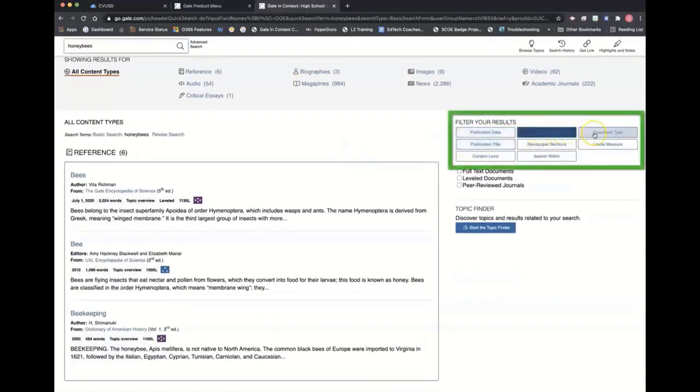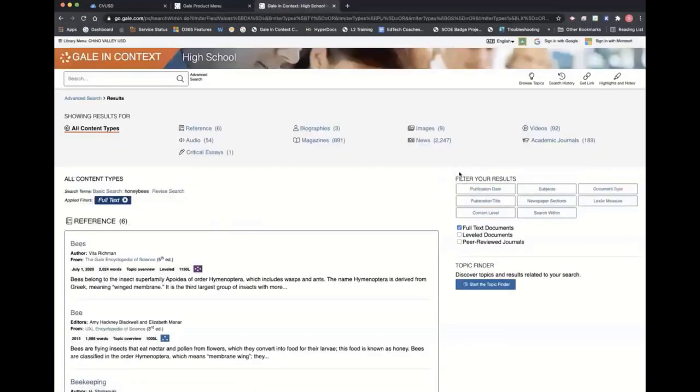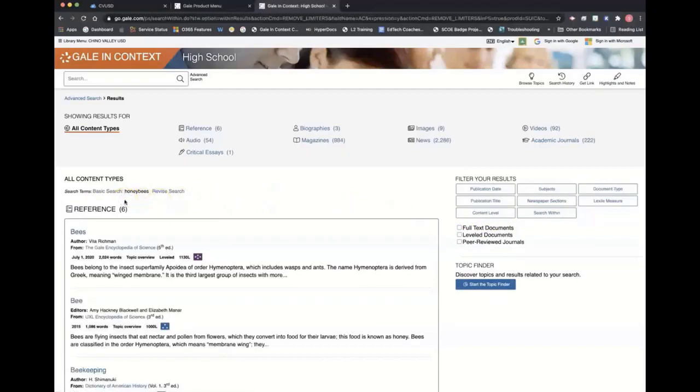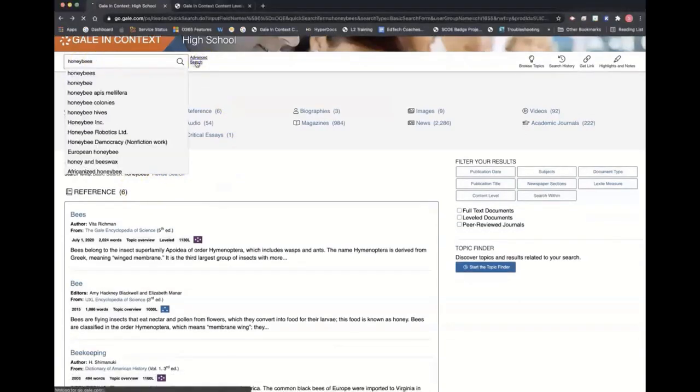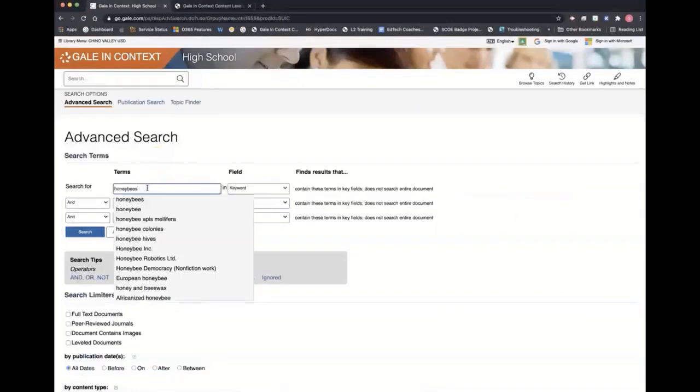I can filter by document type, subjects, content level, even the lexile measure, publication date. But I want to make certain I'm always going to have full text documents included when I do my searches. That way the entire article will be included. I'm going to remove this filter by tapping the X, and then I'm going to filter a different way by tapping Advanced Search. And when I go into Advanced Search, I'm going to paste honeybees,